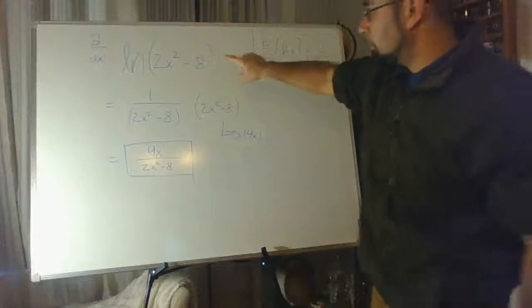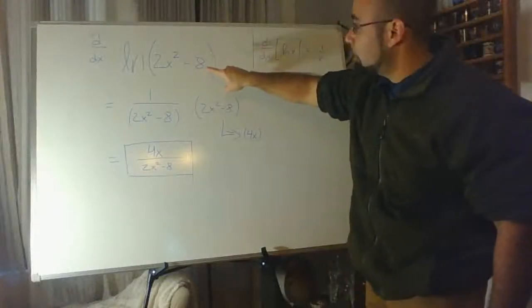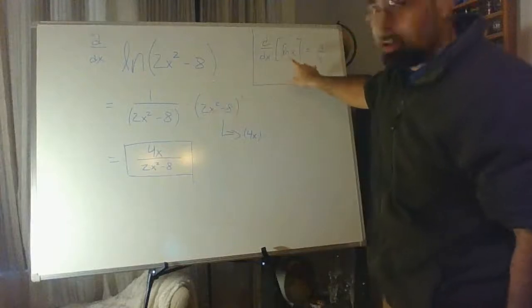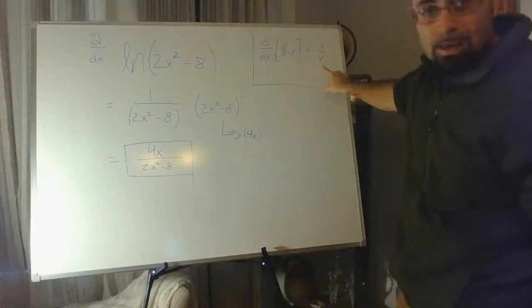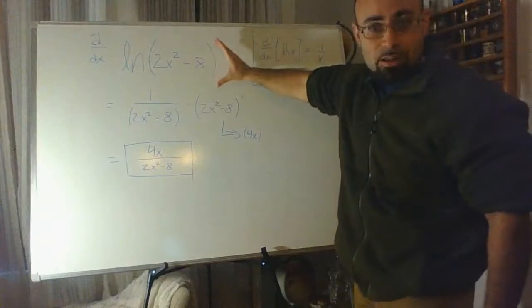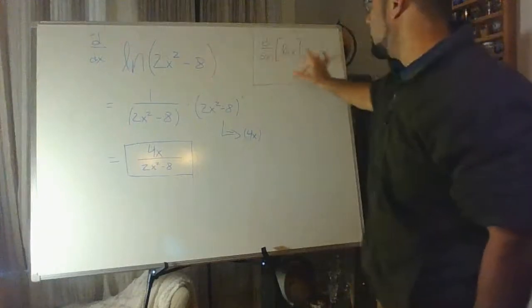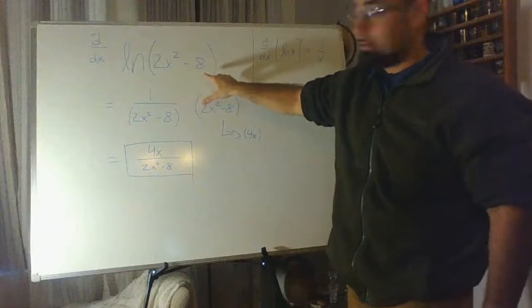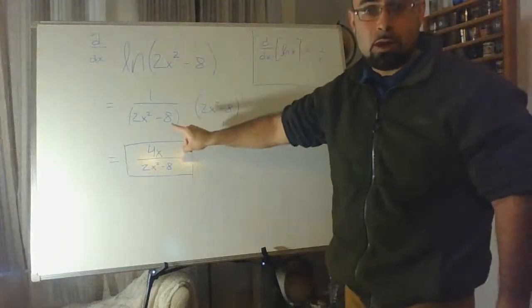Okay, the derivative of ln of 2x squared minus 8. So we know the derivative of ln of x is 1 over x. So we're going to do the derivative of anything inside of the ln function. It's going to be 1 over that function. So here, since 2x squared minus 8 is inside, we're going to put that in the bottom here, 1 over